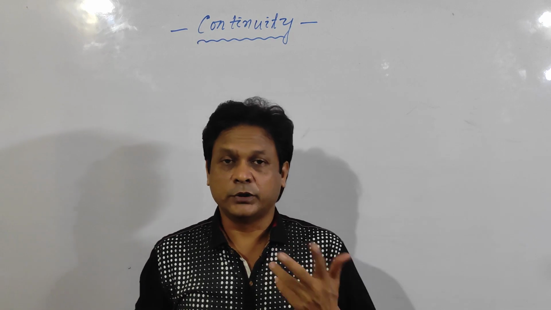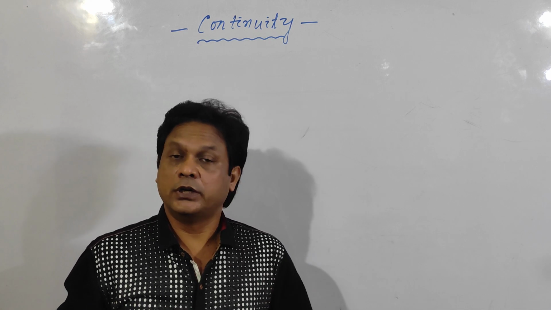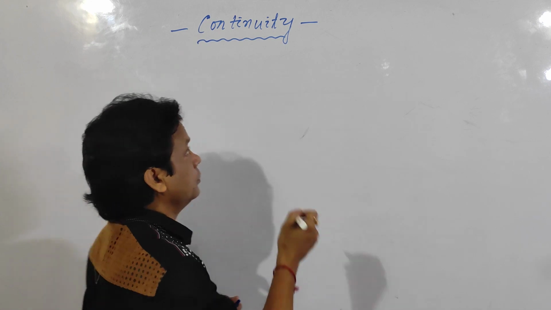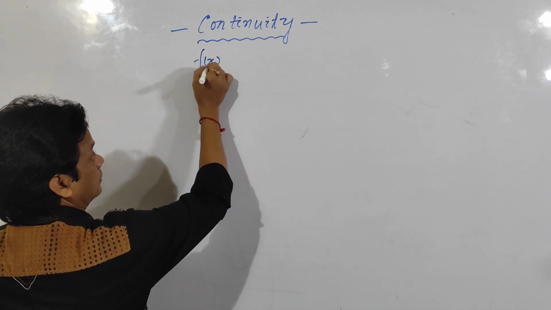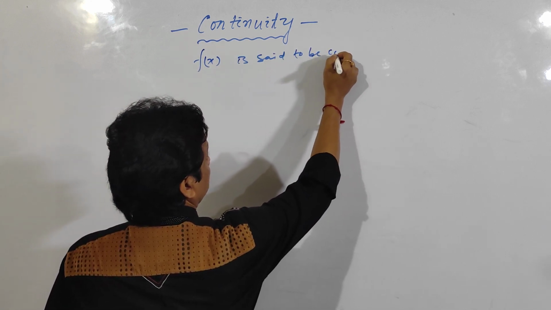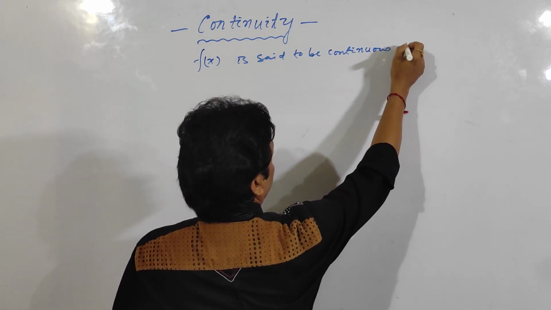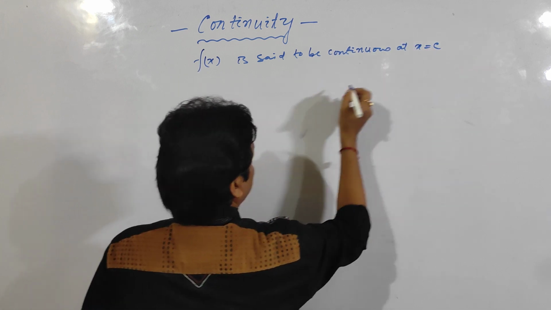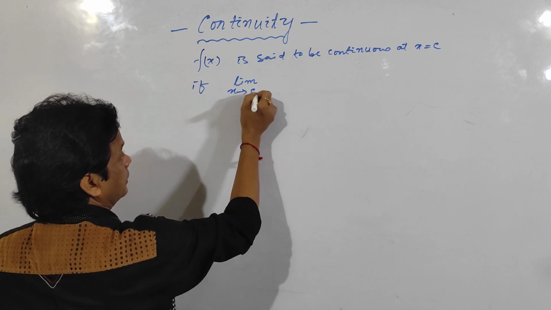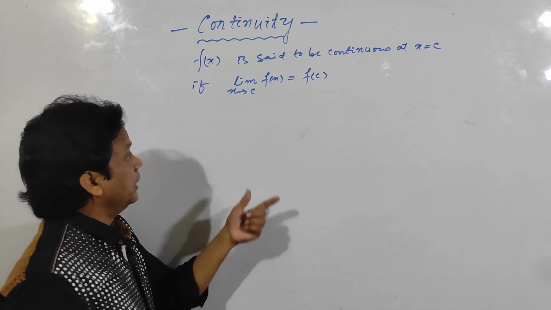Hello everybody. Today I am going to tell you about continuity of a function and when a function is said to be continuous. Already I have told you about left hand limit and right hand limit. Clear? So f of x, a function, is said to be continuous at x is equal to c if limit x tends to c f of x is equal to f of c, and this is called the limiting